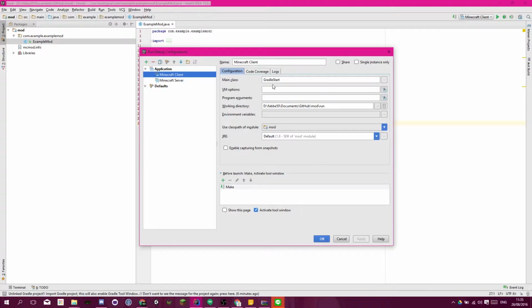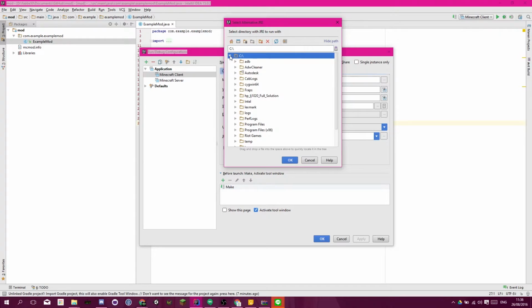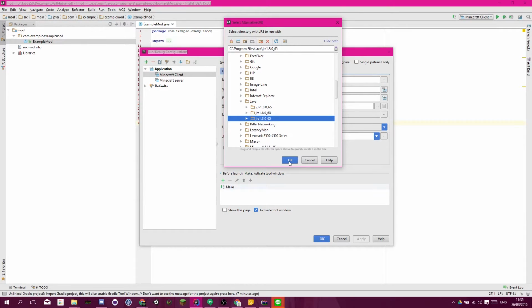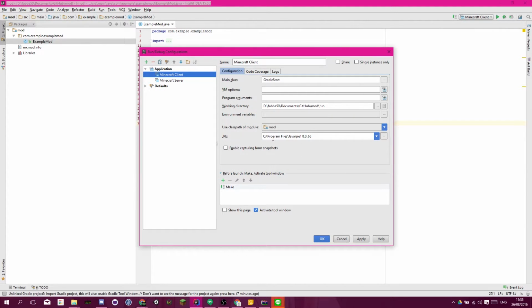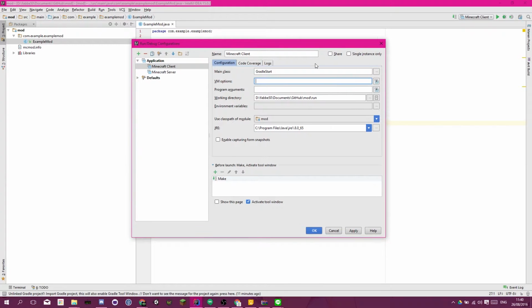I'm gonna edit configurations, look for this, JRE, and I'm gonna open and select the 64-bit version of Java, the latest one I have. Mine is a bit old. And so it looks like this. Keep in mind it should say program files and not program files x86 within parentheses. So having that, you should probably add in an argument to increase the amount of RAM you're going to be using. So how you do that is selecting the window with VM options, and then typing